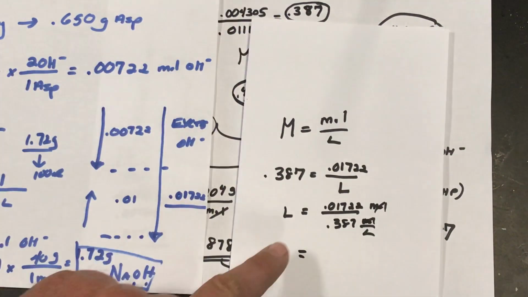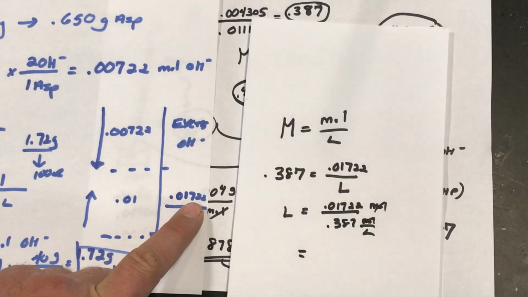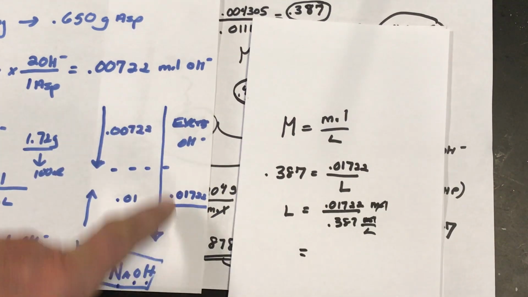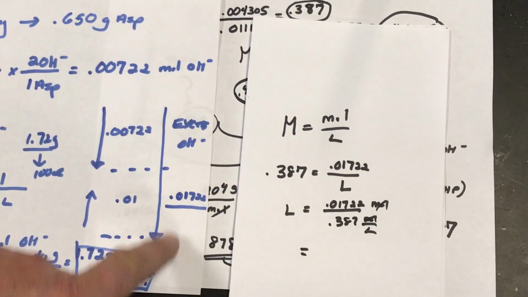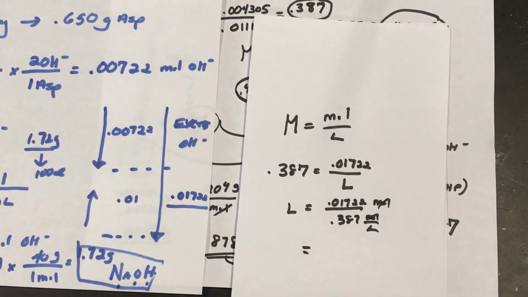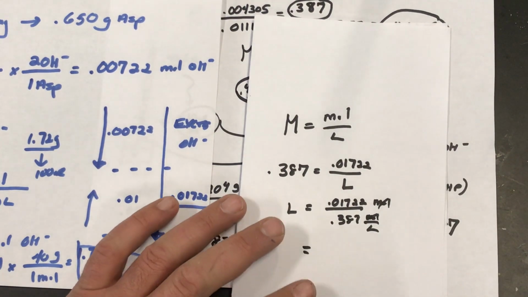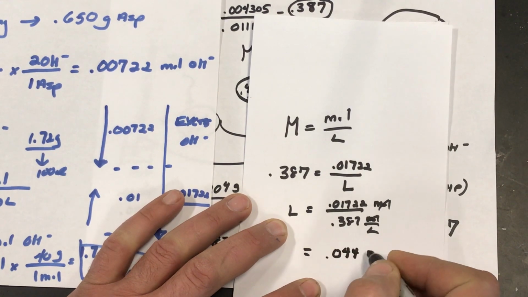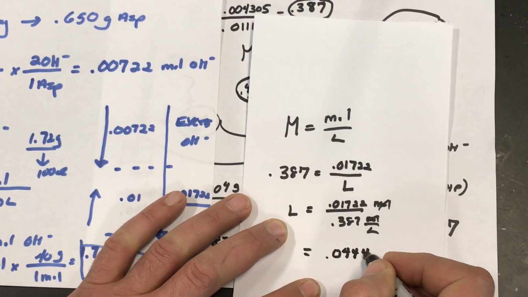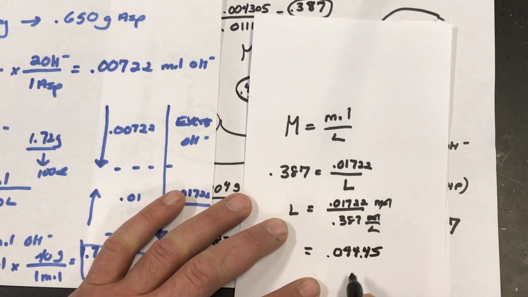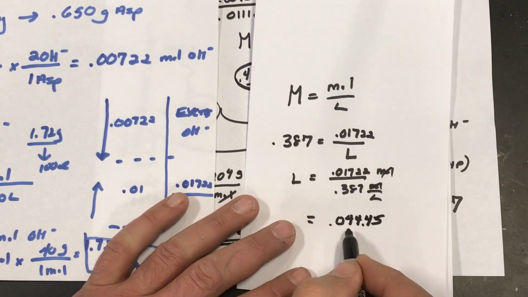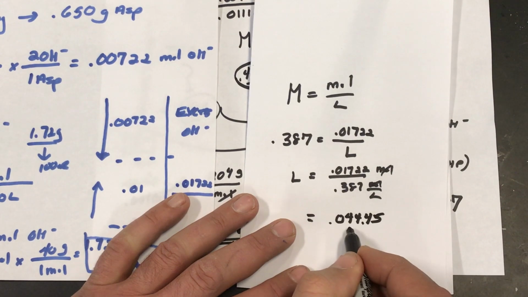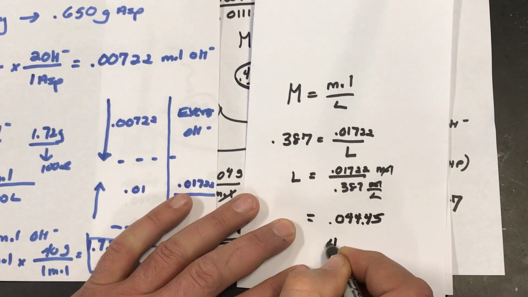0.387. So it's 0.01722 moles. That's our total excess, our total amount of hydroxide. It includes the excess, sorry. I got 0.044. Makes sense. 0.044? Yeah. What's the third digit? 4. So it's 0.0445. Okay, 0.0445. So when I convert this to milliliters, times by 1,000, it becomes 44.5